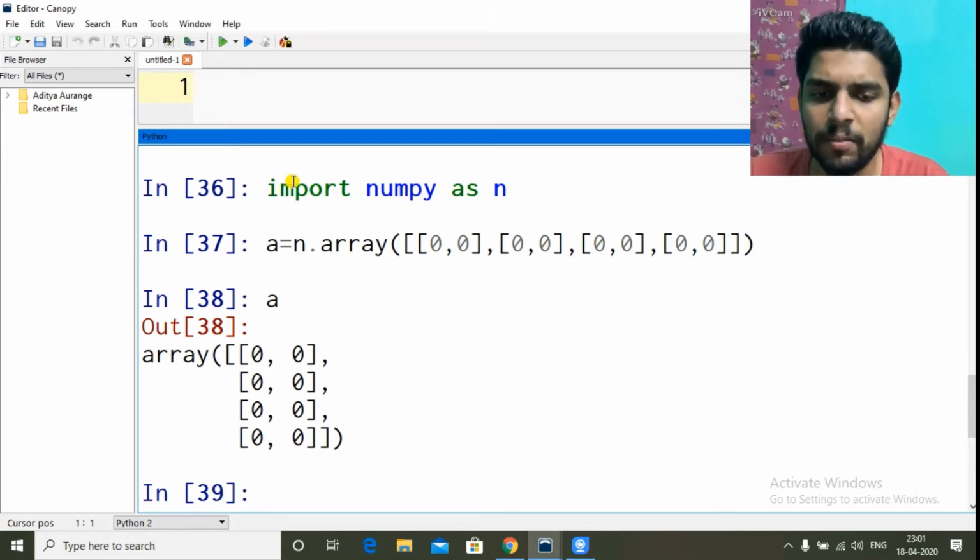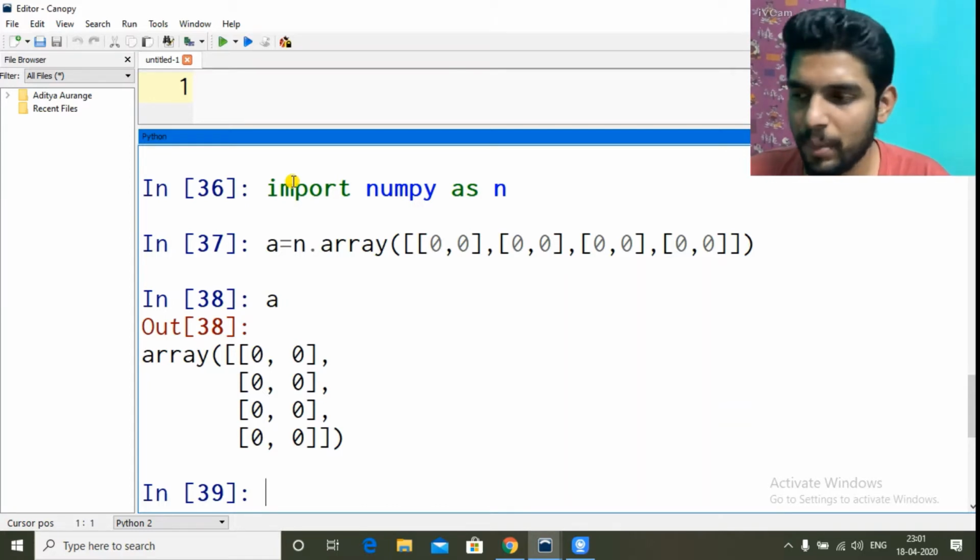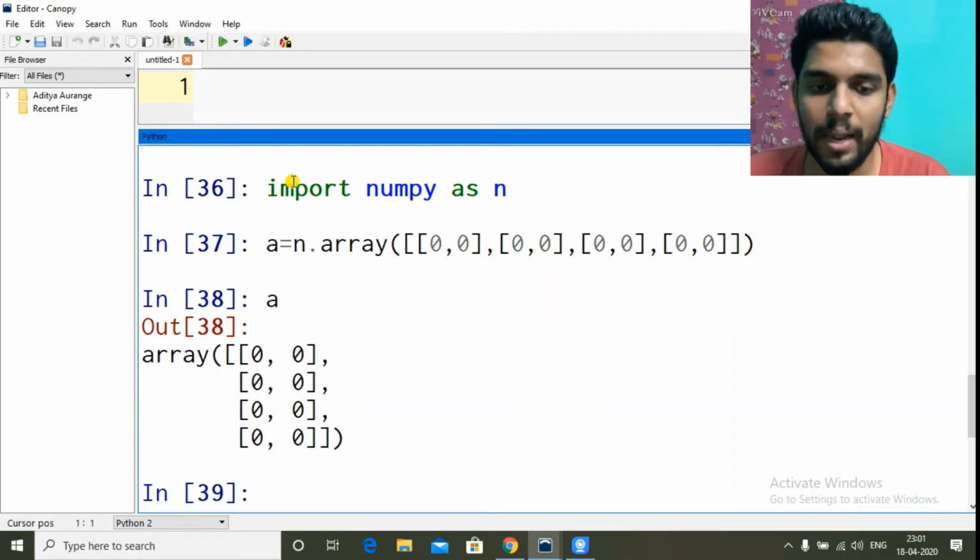So one might ask, why do we need to create an array of 0? Because in NumPy, as I said earlier, we cannot add elements later on. So if you want to work on a 10 by 10 matrix, you have to have that matrix at first. In a list, we can keep on adding elements one by one. But in a NumPy array we can't do that. So we might want to have the size fixed, but the values can be updated later.